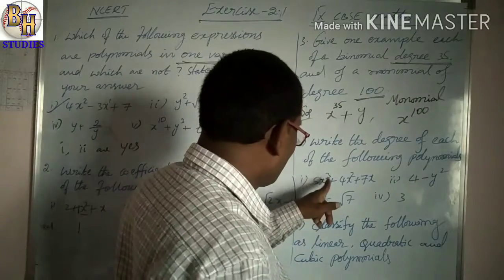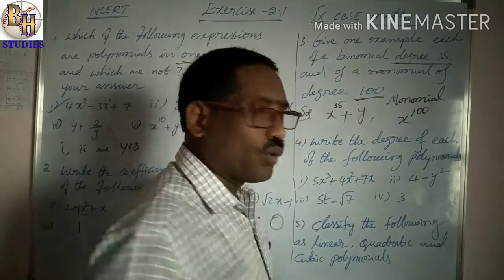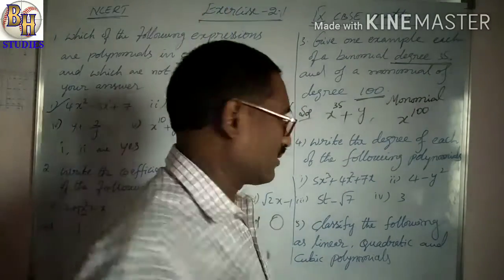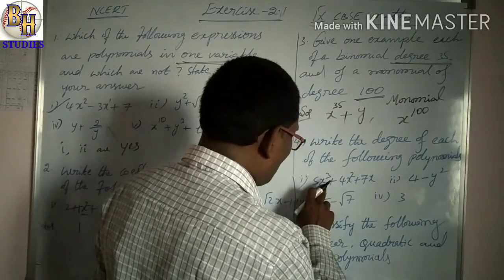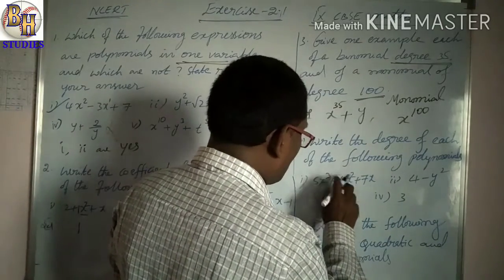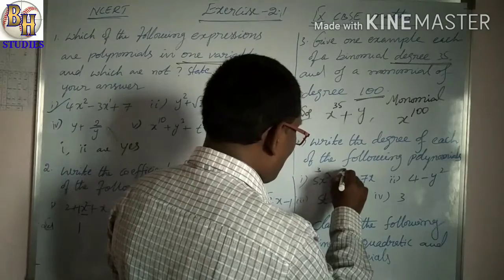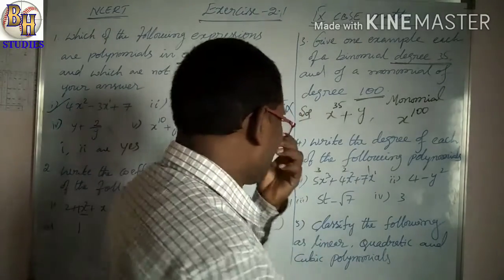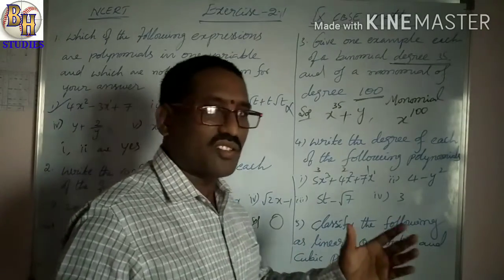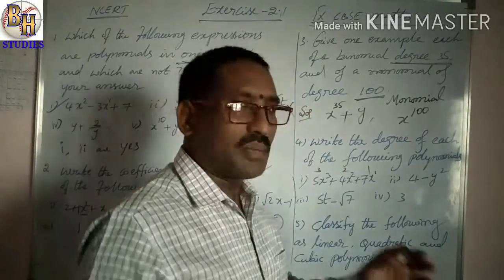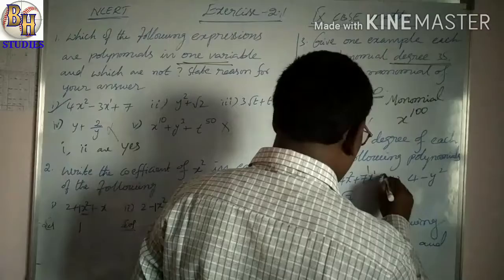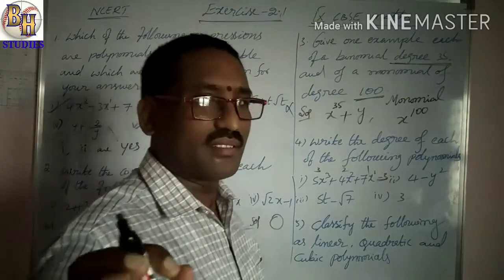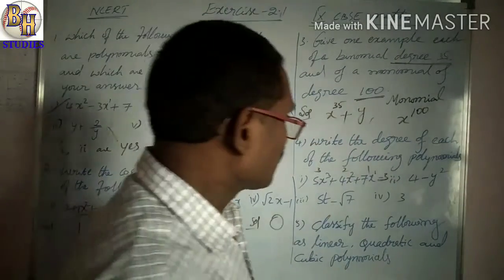What is the degree? Here the power is 3. Always observe only the variable power. Here variable power how much? 3. Here the power is 3. Here the variable power is 2. Here, where no power is written, it means 1. In these three terms, what is the highest number? 3, 2, 1. Which is the bigger number? 3. What is the degree? 3 is the answer. Degree is 3.